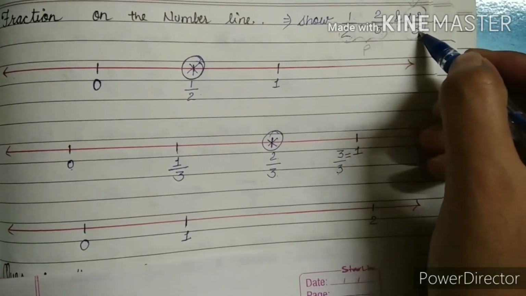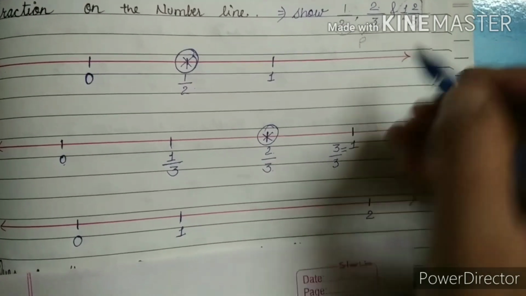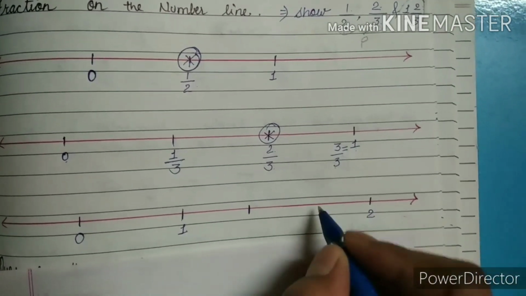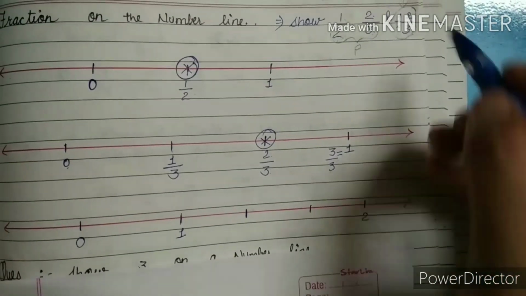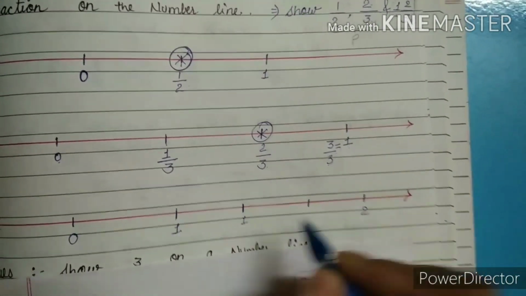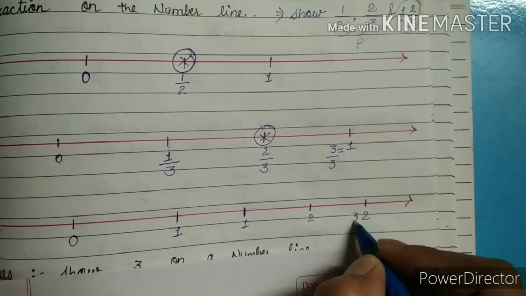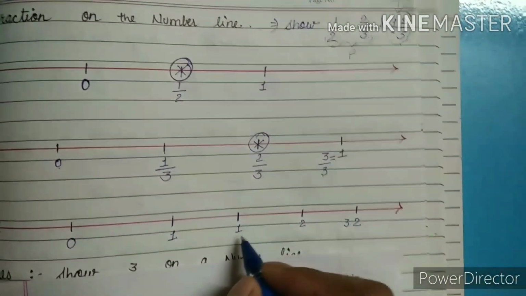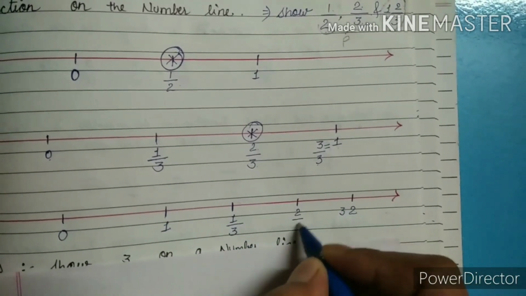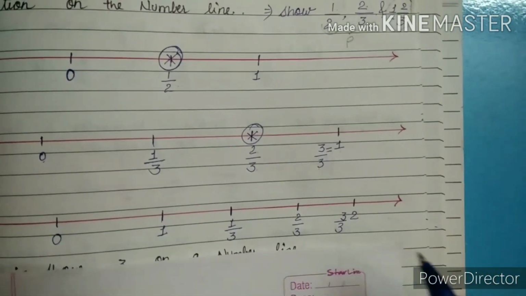Now how many partition we have to do? We have to do 3 partition. So this is first, this is second and this is last is third partition. Now this is first, second and third partition. Now how many part we did? We did 3 part. So 3, 3, 3.